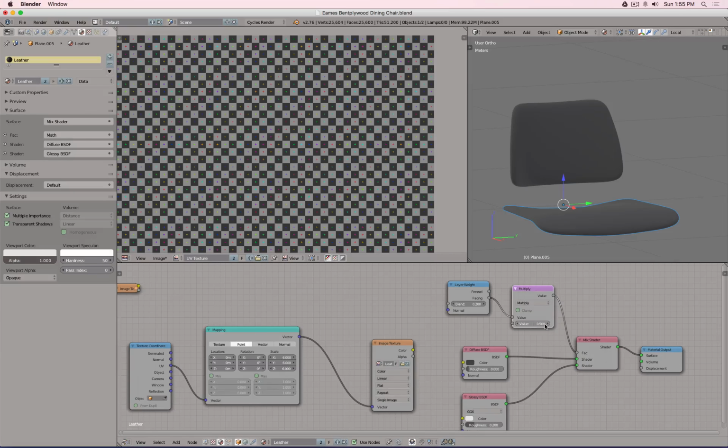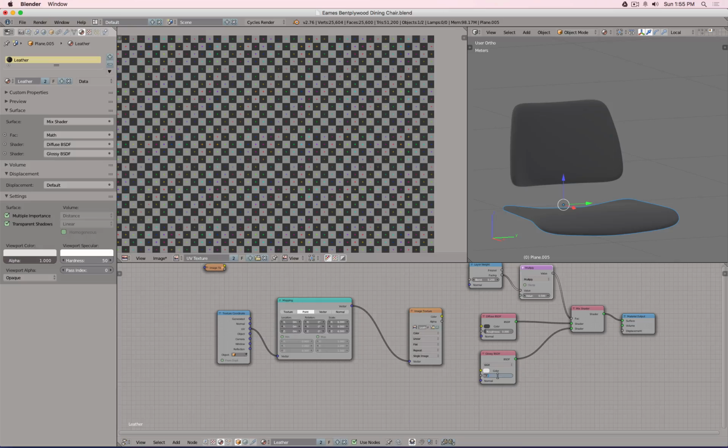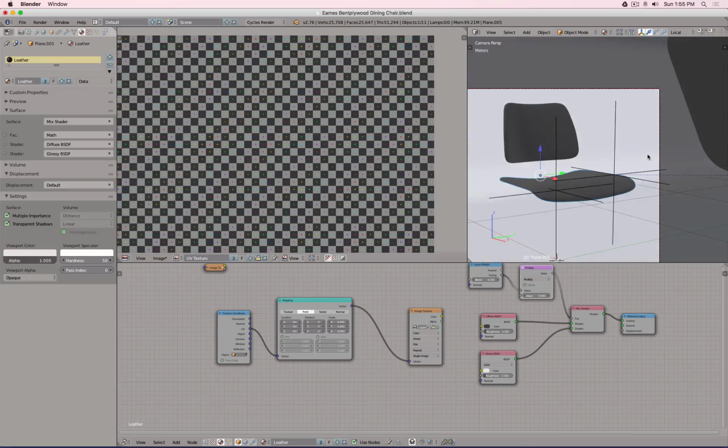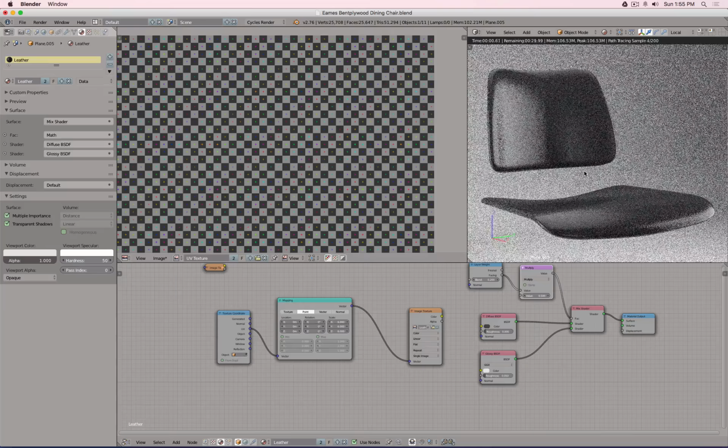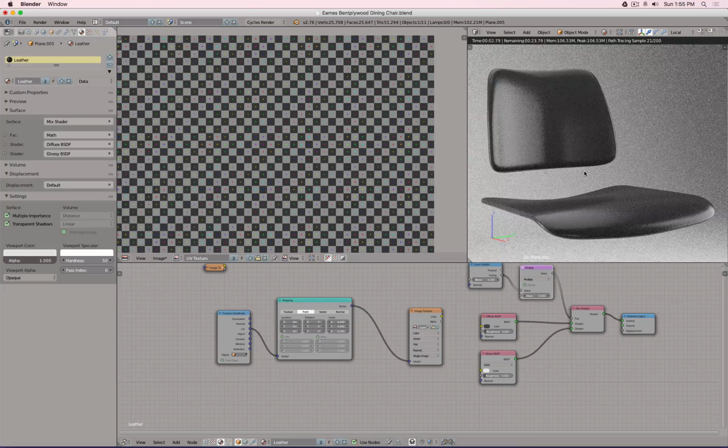Yeah, 50%. This maybe 0.05. Okay, let's show the studio. Let's do rendering. Okay, so now this looks like some sort of polyester material,